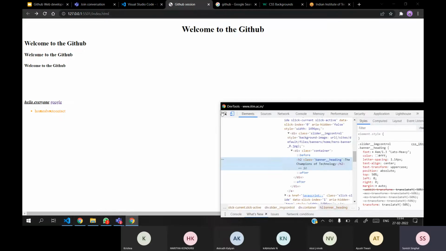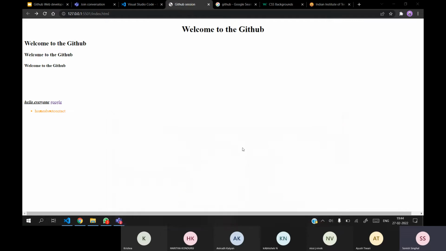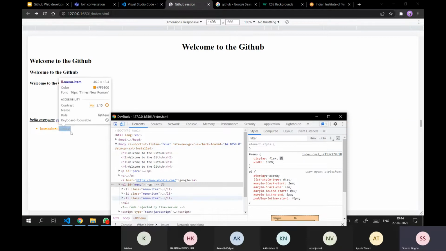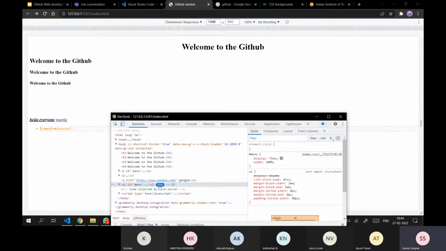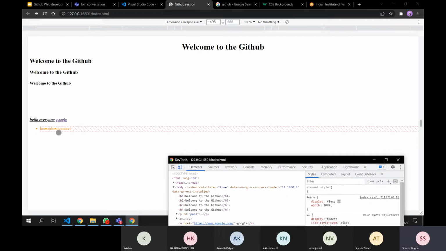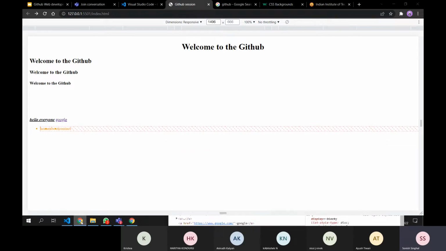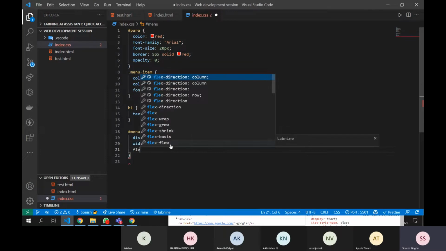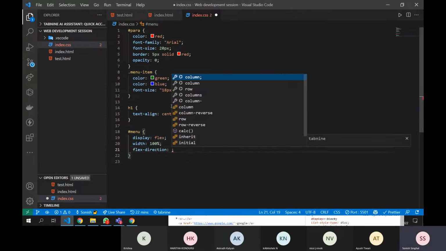Like if I hover here, for that particular website, I will inspect here and you can see that flex is here, and you can apply different properties like flex. You can add flex direction.